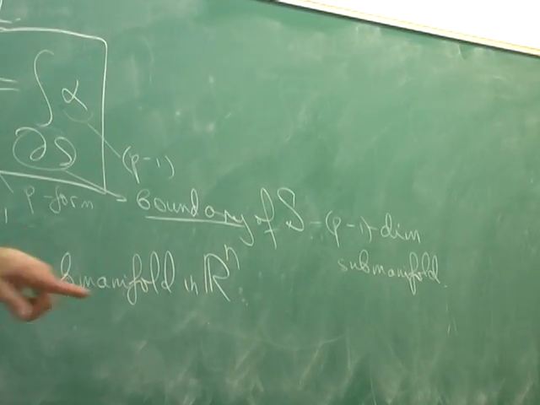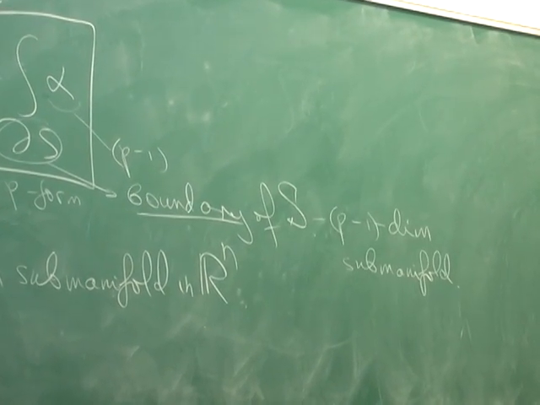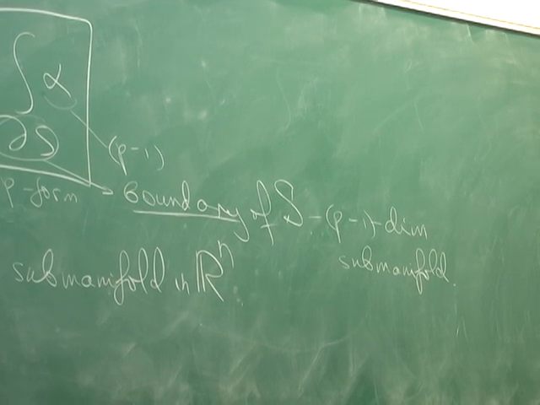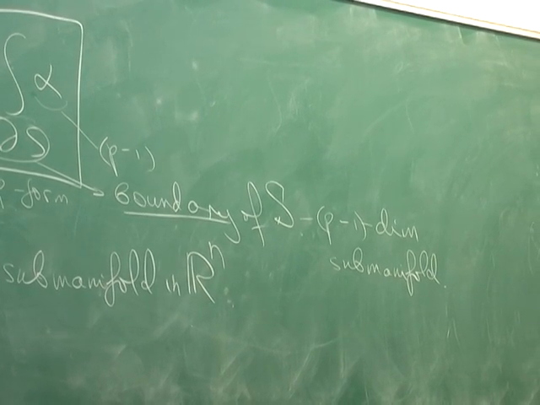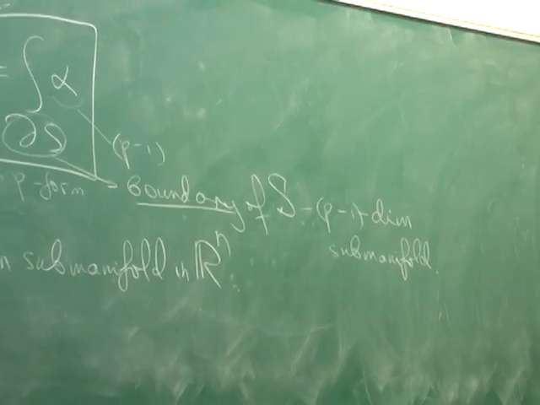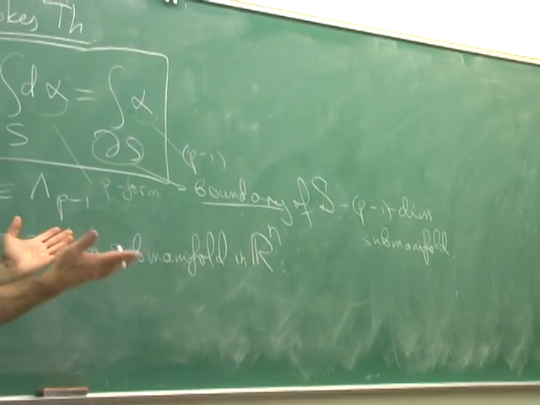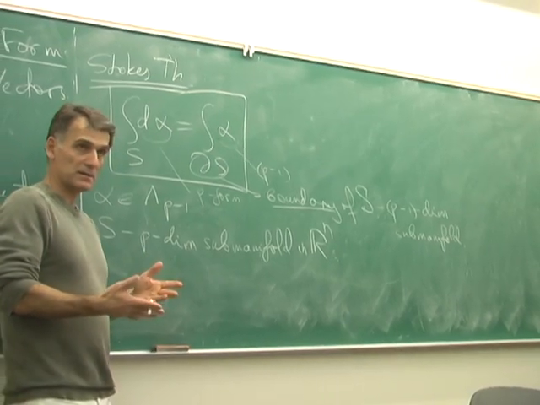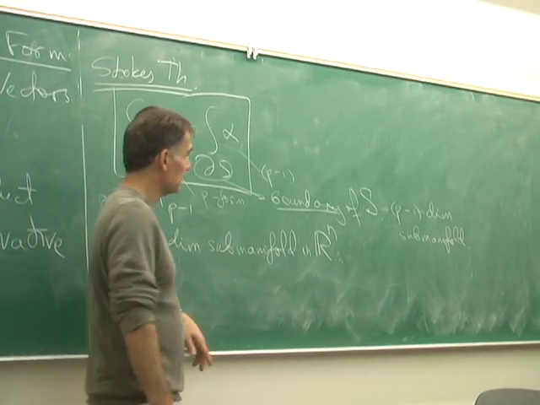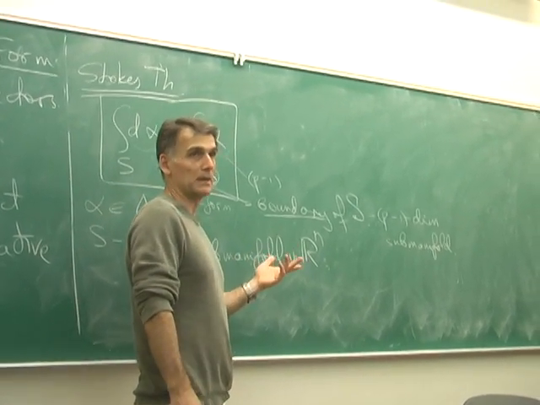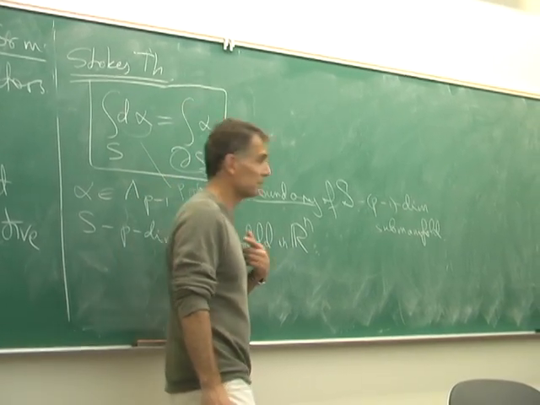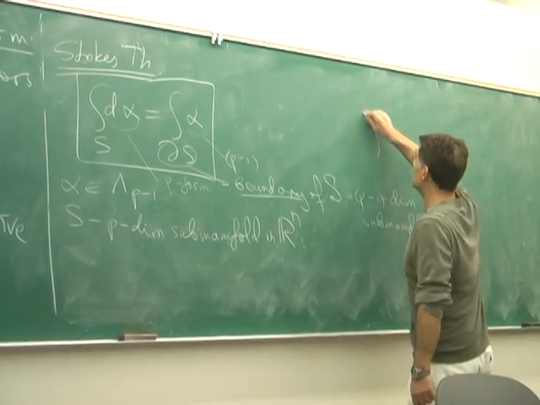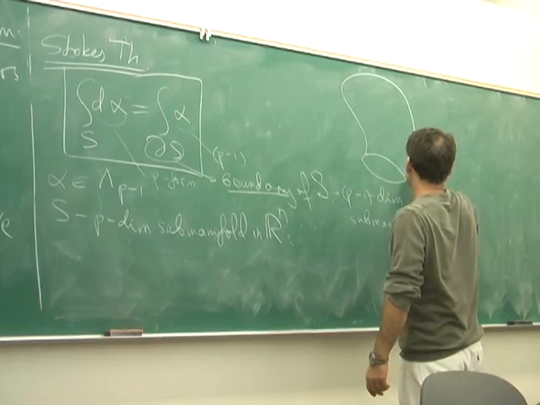It could have corners, basically. But let's say in the simple case, suppose that S is a submanifold with a boundary that is also a submanifold of one dimension lower. Well, let's say